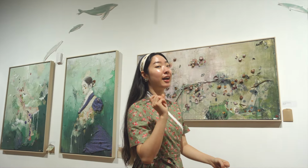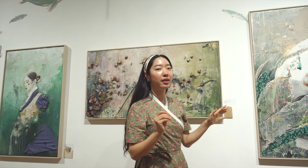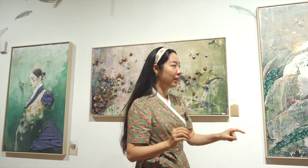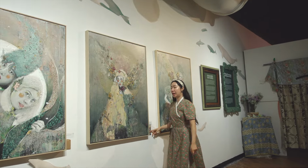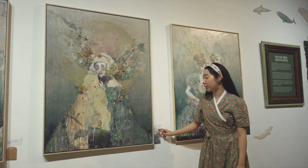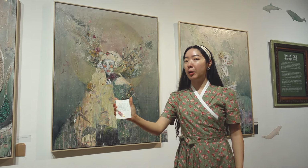And one of the things that I included in this wall for the large works is the envelope and the small written poems that I had. I'm going to show this envelope. I think this envelope's my favorite because the turquoise and the navy is really pretty. I included a small writing that